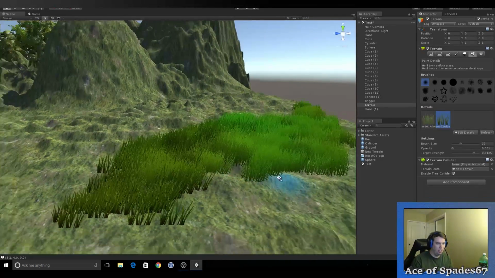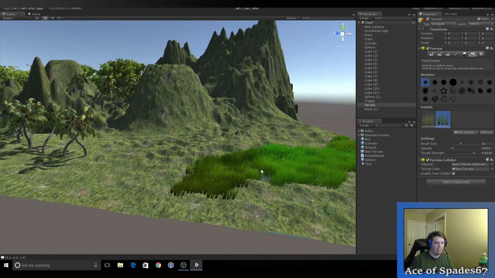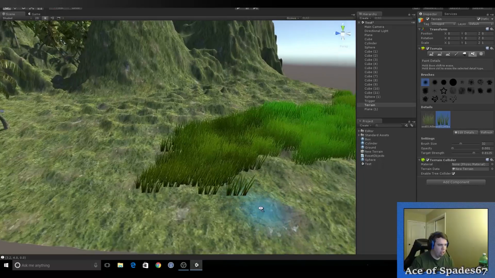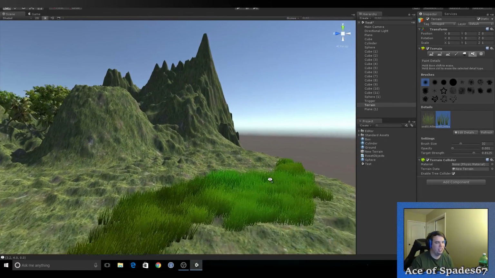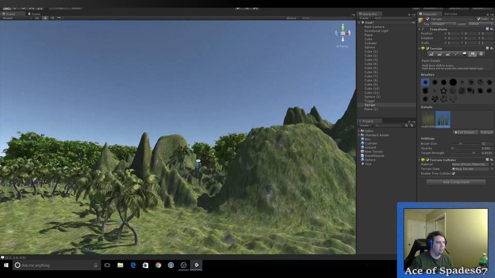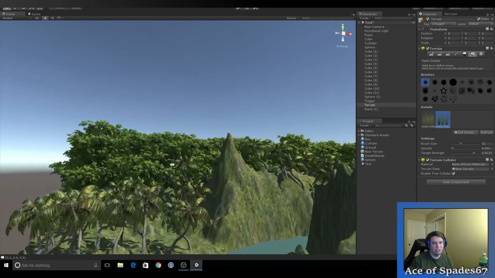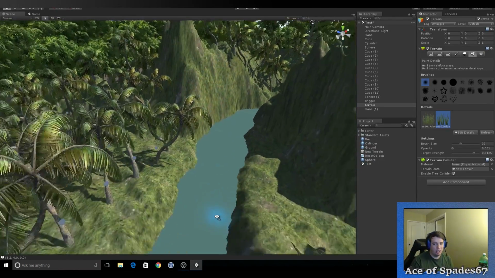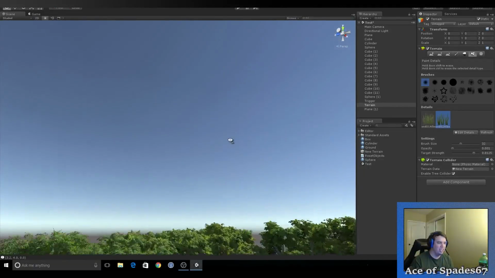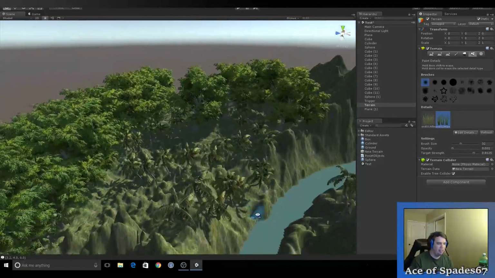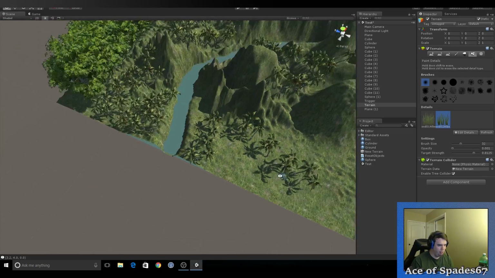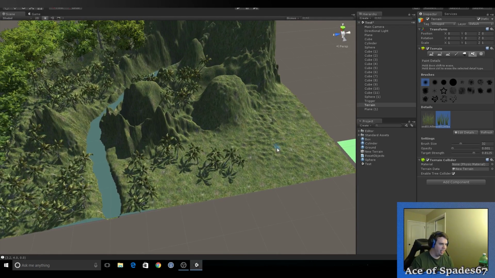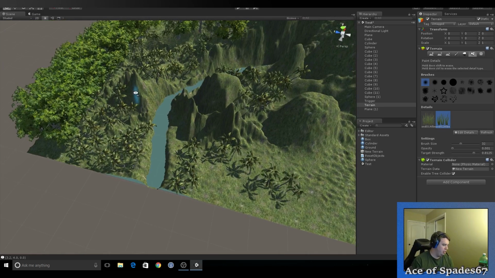It's pretty cool. Now, when painting this stuff, be very careful because each one of these is a 2D sprite. And it's not a lot, but once you start stacking them, oh man, you can get some performance problems. You have a shitload of trees and grass, it probably looks good, but man, it's going to have performance problems. Such as, for example, if this was a level and my player went in this area and this area,